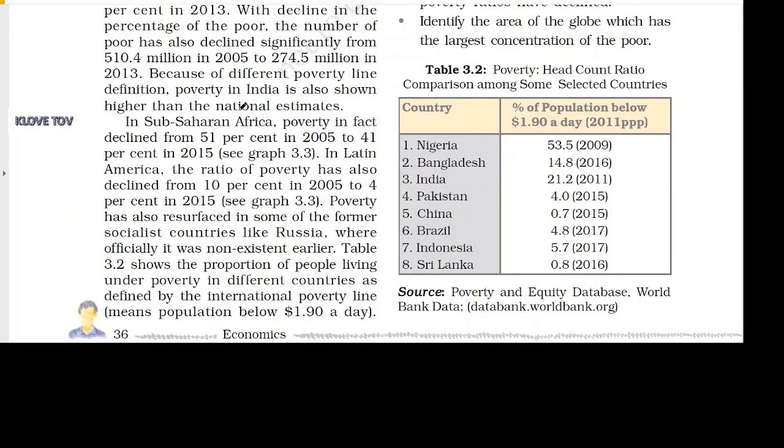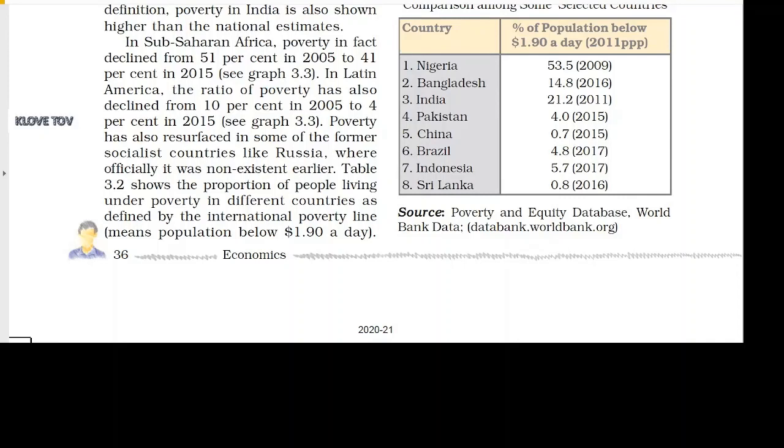Because of different poverty line definitions, poverty in India is also shown higher than the national estimates. In sub-Saharan Africa, poverty in fact declined from 51% in 2005 to 41% in 2015. In Latin America, the ratio of poverty has also declined from 10% in 2005 to 4% in 2015. Poverty has also resurfaced